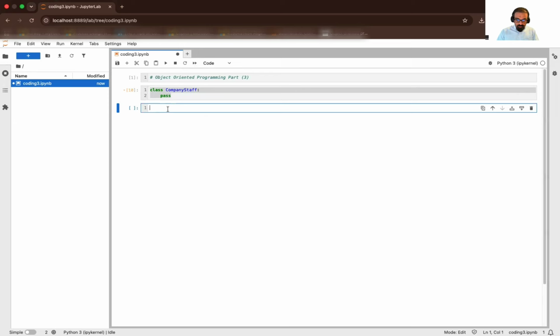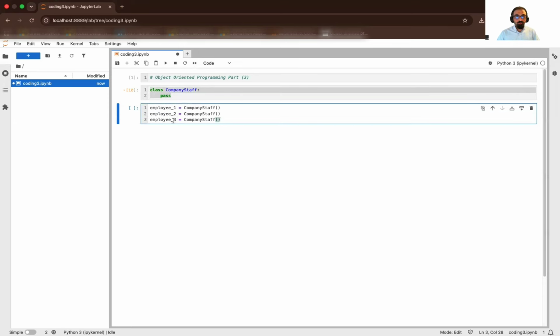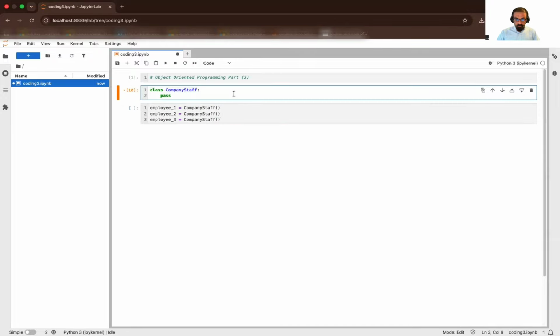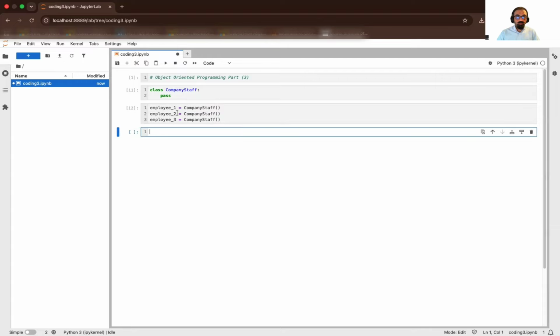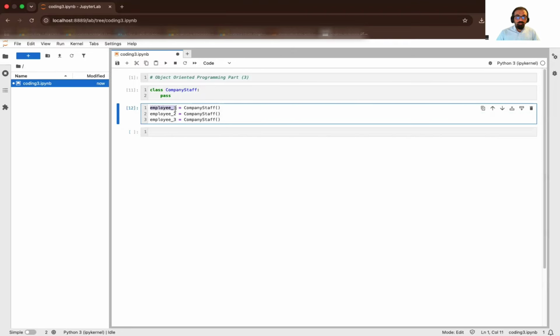We can start to make 3 instances: employee 1, employee 2, employee 3. If we run this cell, we will see employee 1 is instance 1, employee 2 is instance 2, employee 3 is instance 3. We have instantiated them at the moment, and now we can add information of each